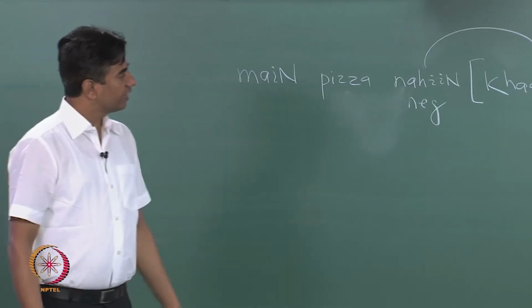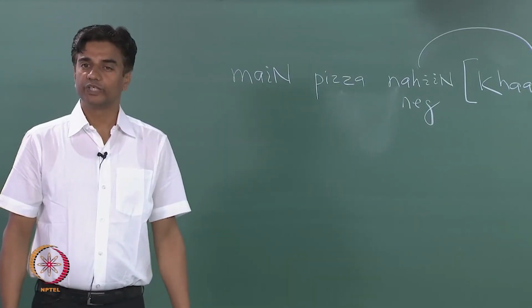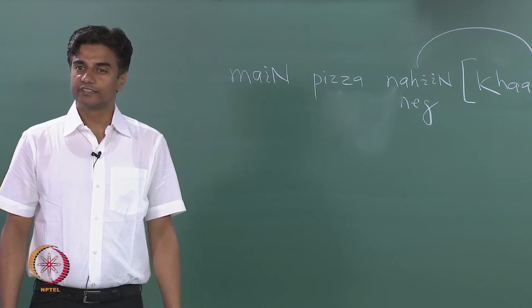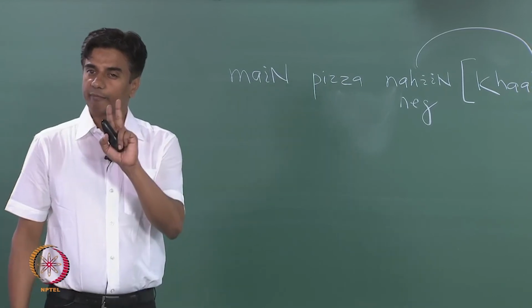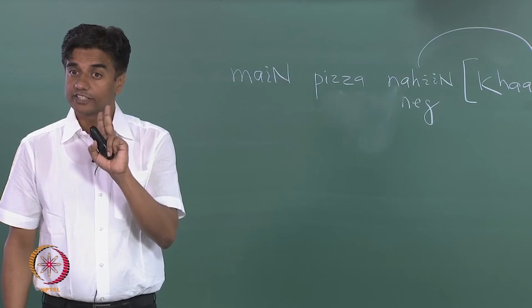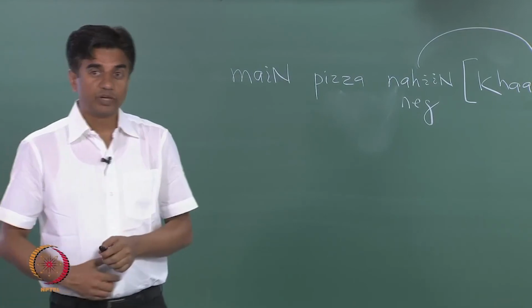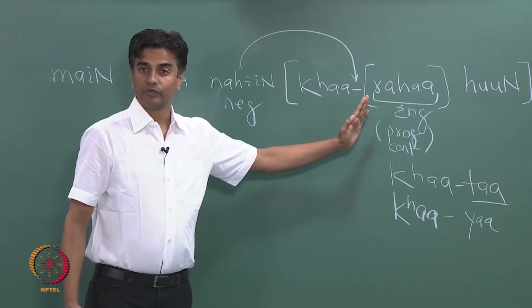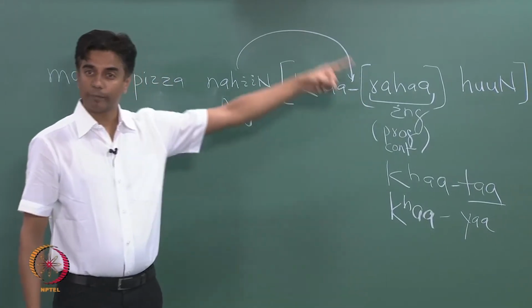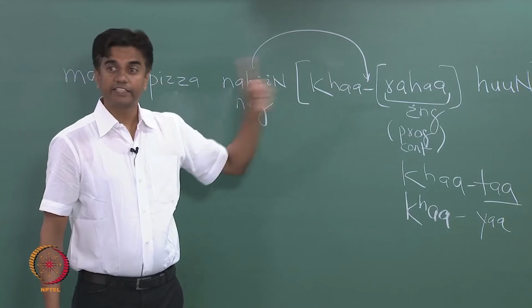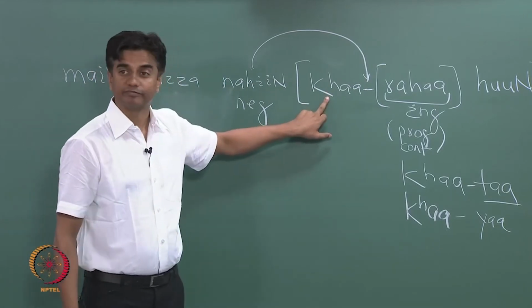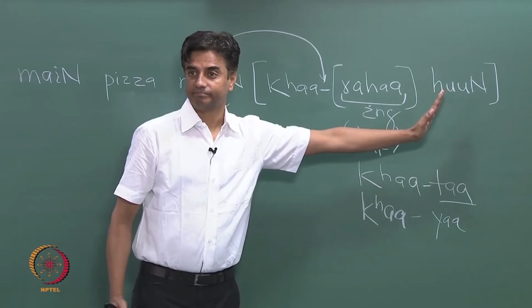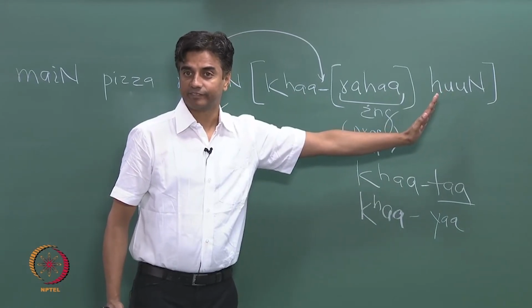मैं पिज्जा खा नहीं रहा हूँ. Is it okay? Understand this? Still it is ambiguous. Keep in mind, it's still ambiguous. When we say मैं पिज्जा खा नहीं रहा हूँ, it can negate the whole verb and it can also negate just this part, not the rest of it. See this thing? Now,